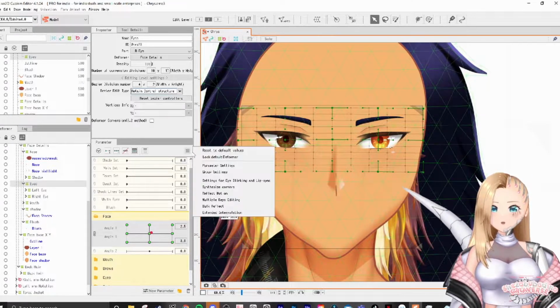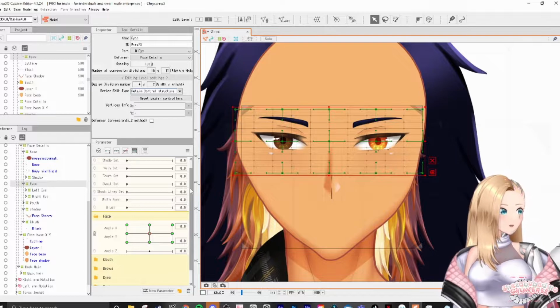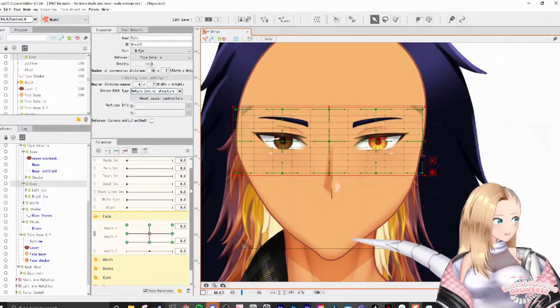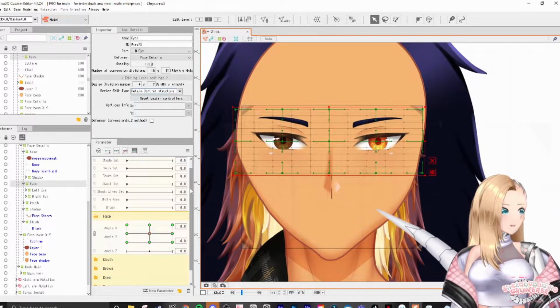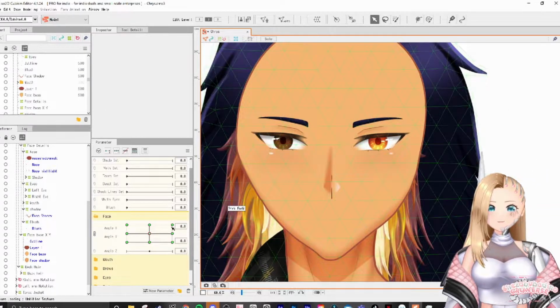The nose makes it look a bit weird because the nose is the only part that will not sit in the same place as the face for the perspective. The nose will move a bit more. So if I turn off these deformers,